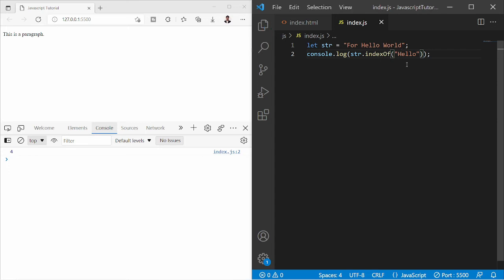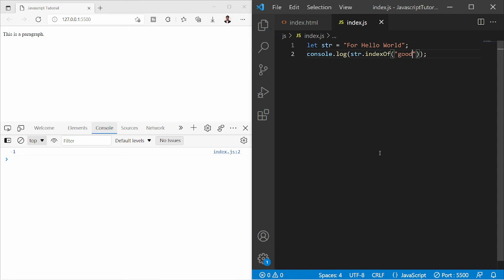So if I save it, it returns 4. Why? Because Hello starts at the fourth index. And if we search for some word which is not present in the given string, then it will return -1 as we saw with the character. So as soon as I save, it returns -1.